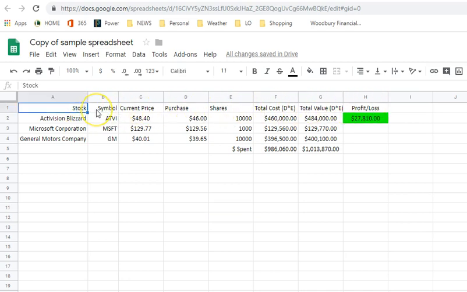You'll need the stock, the name, the symbol is important, current price, purchase price, the number of shares you'd like to purchase. You'll need the total cost, the total value, and then profit and loss. Go ahead and pause the video and make sure you have those headers in there. Once you've looked up the symbols, in the current price area, you're going to need to put a type of